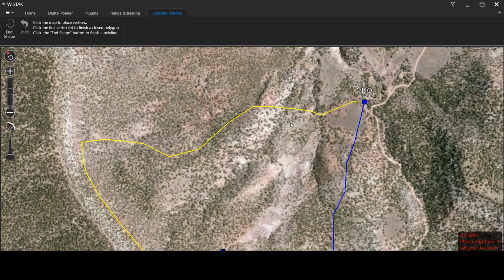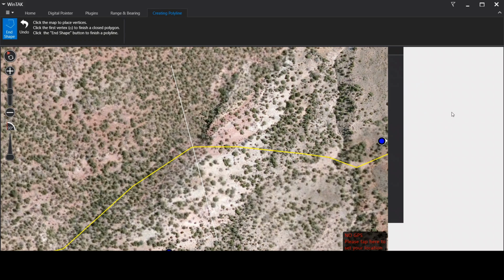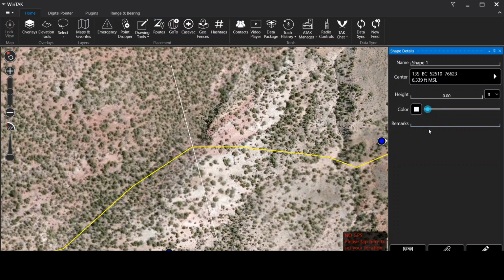I'm just going to pick a good spot for a phase line. Let's see, right here. If you remember, we were going downhill until we got right here, and then this section from here to here was the most difficult part. So I'm going to put a phase line right there for route yellow. I'm going to end the shape, and I'm going to name it. Let's call it phase line